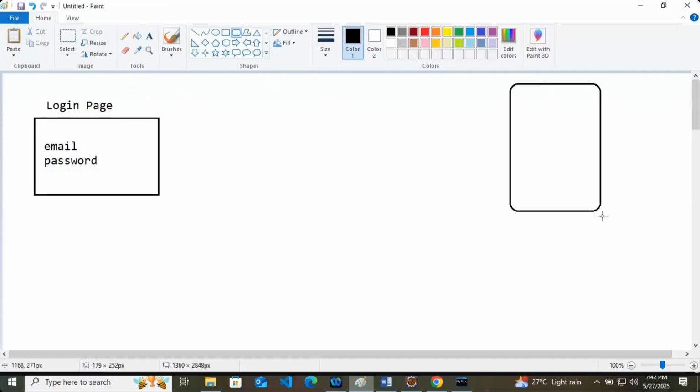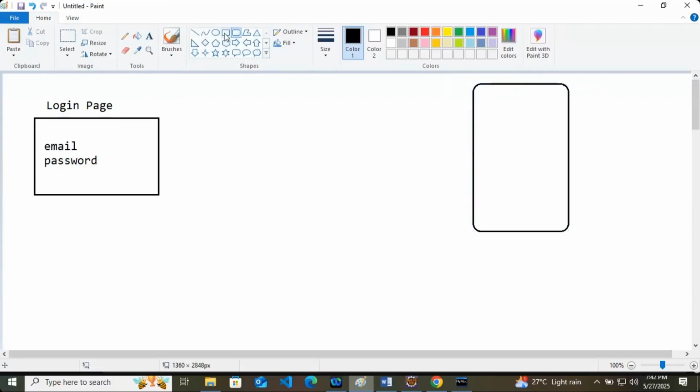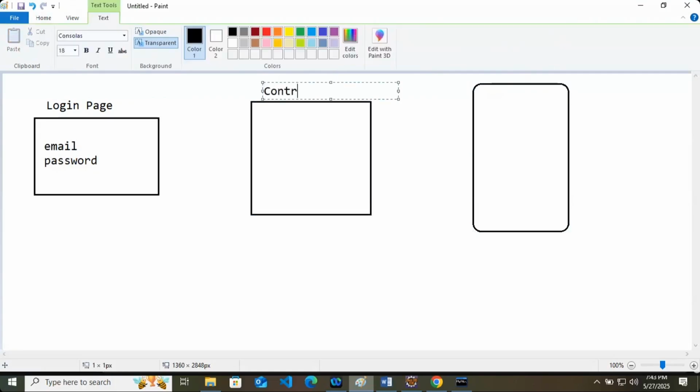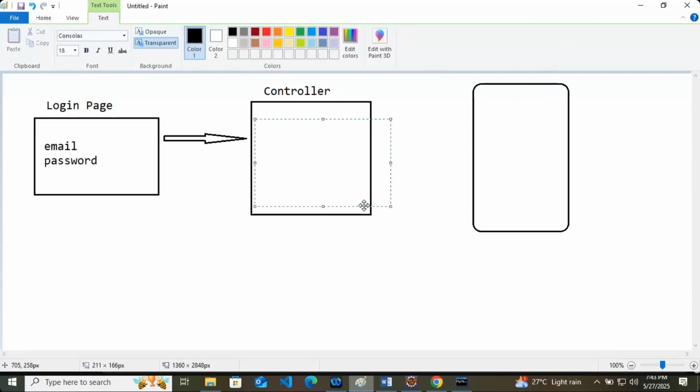There is a database, and there is one controller in between of them. These email and password will go to the controller. And what will this controller do? The controller will prepare a statement, which is nothing but a query.